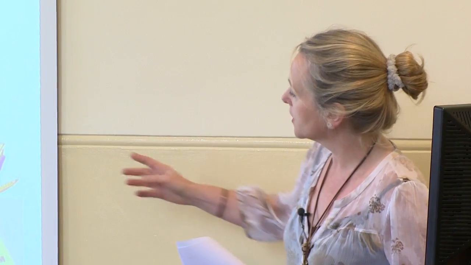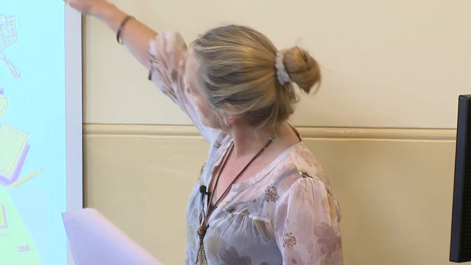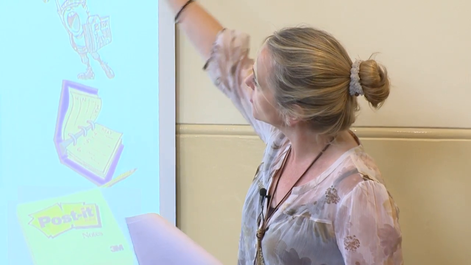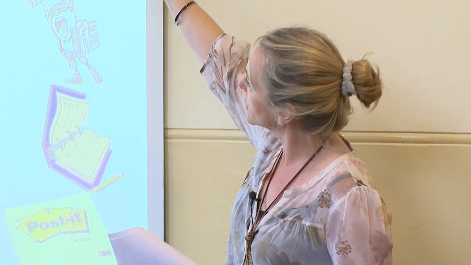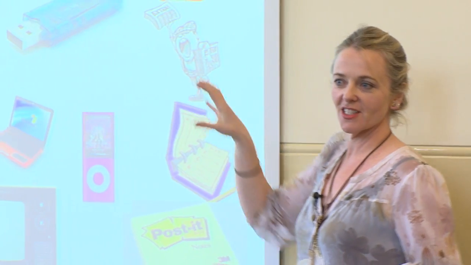If you look here, some of the old literacies are our post-its to make notes, our diaries, the newspaper, which I know we all still love, and books. These are the old ones, and then there are some of the newer ones. And some of them are now becoming old as well. A tape recorder, bringing a tape recorder into a classroom, they can be huge. Your radio, your speakers, your TV, your laptop, mobile phone, your USB key, your keyboard, your GPS, and your dictionary, all integrated into the laptop.